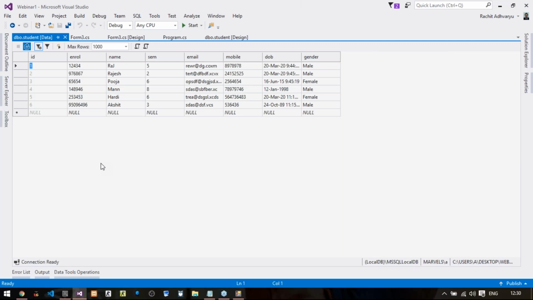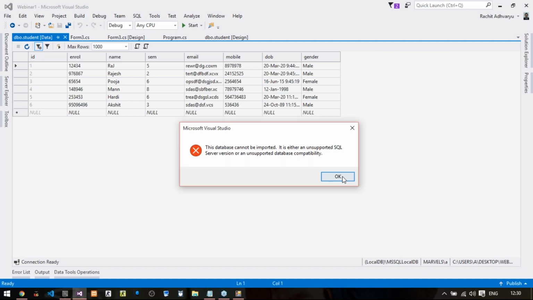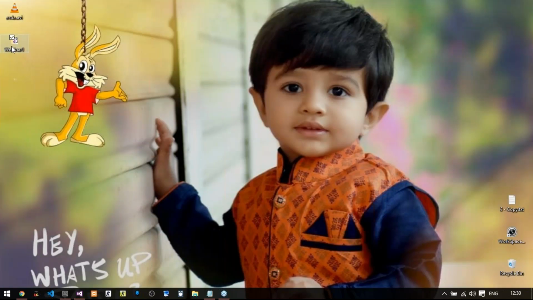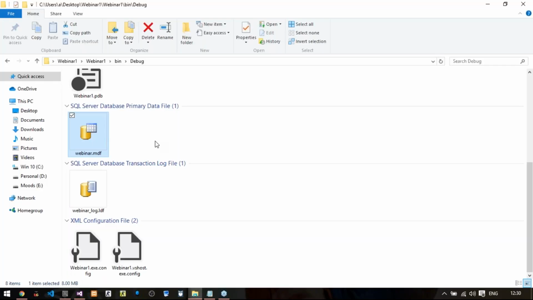Let me show you. Let us say webinar 1. In webinar 1, it has created folders: bin, debug, and that contains your webinar.mdf file. And the connection string that was used by this particular control was a dynamic connection string. That means it tries to search for this database anywhere in this particular application and fill it, but this won't work.